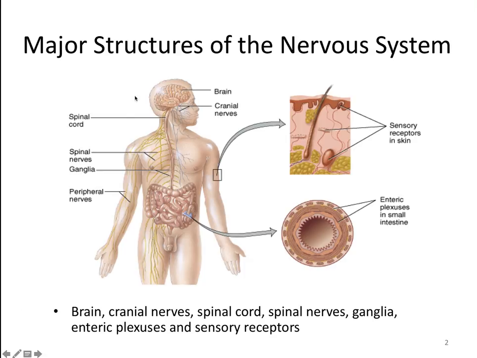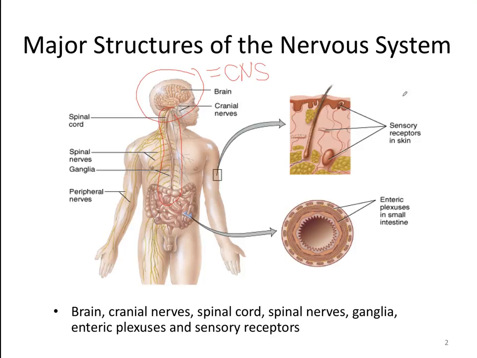Okay, so the major structures of the nervous system include the brain, cranial nerves, spinal cord, ganglia, enteric plexuses, and these are your gut nerves, and sensory receptors. So brain and spinal cord are the central nervous system, and everything else is the peripheral nervous system. And we'll have another slide on this in a little bit, so this won't be the last time you see